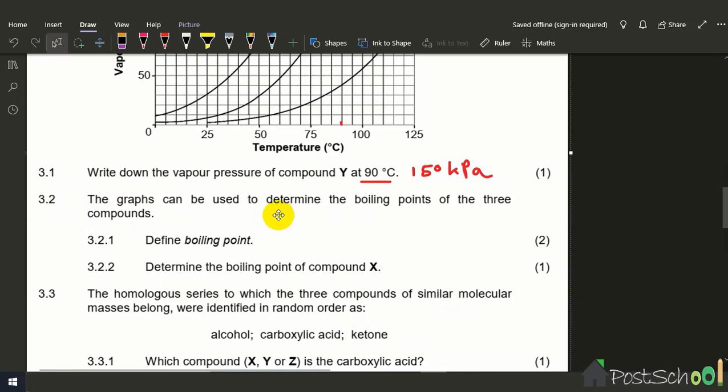So the graph can be used to determine the boiling points of the three compounds. Define boiling point. Define boiling point. It is a temperature at which, let's see, in short, temperature